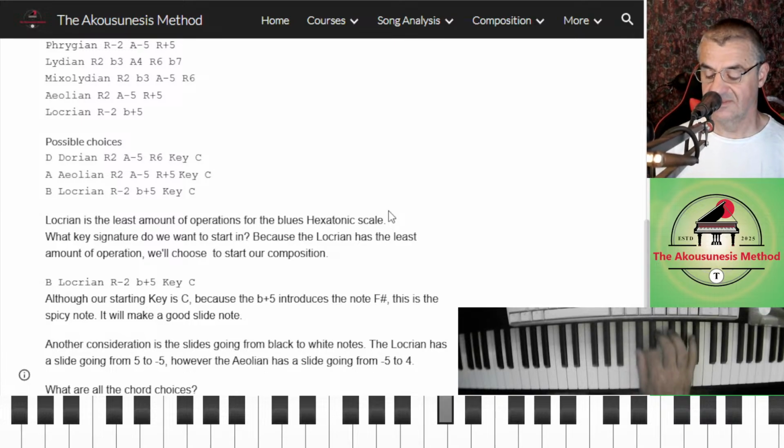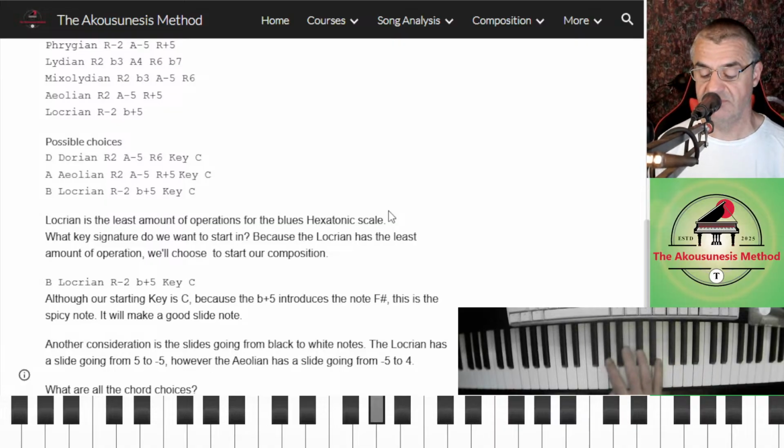Oh, we're up here. So it's a bit awkward. The note that comes out of key is already a black note. And sliding from a black note out of key back into key can work as well. But this black note here is in the key. So we're in the key of A, but we're in Locrian mode. So we're not playing E.